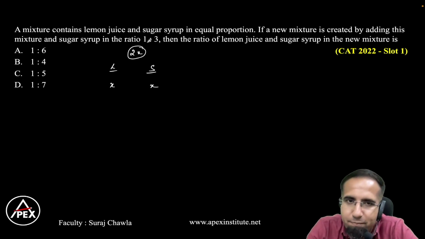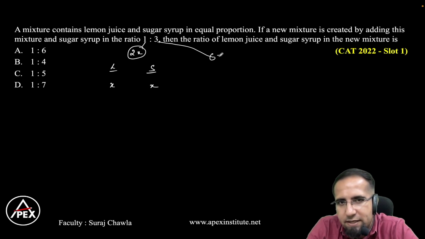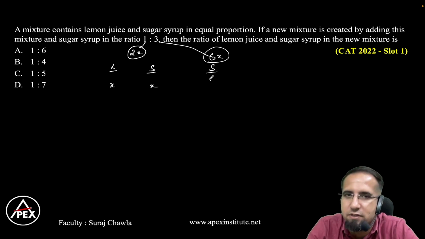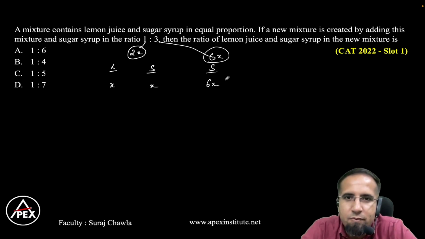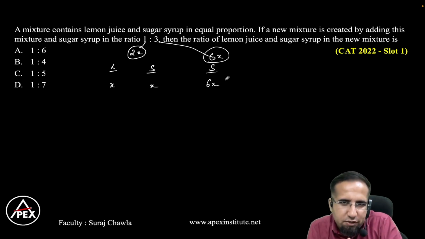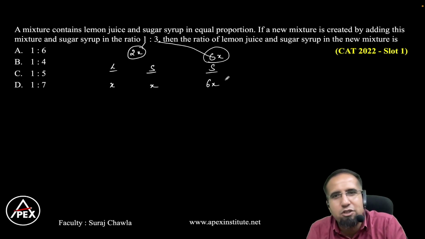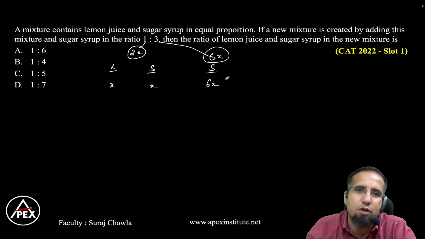Now understand, if one part is 2x, then 3 parts will become 6x. Now this 6x is nothing but sugar syrup solution. So I'm mixing both of these, right? And then find the ratio of lemon juice and sugar syrup in the new mixture. So lemon juice is x, sugar syrup becomes x plus 6x,